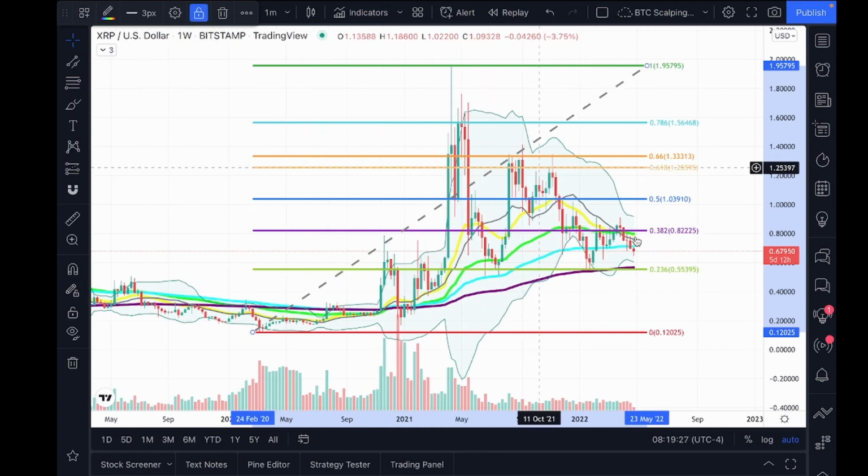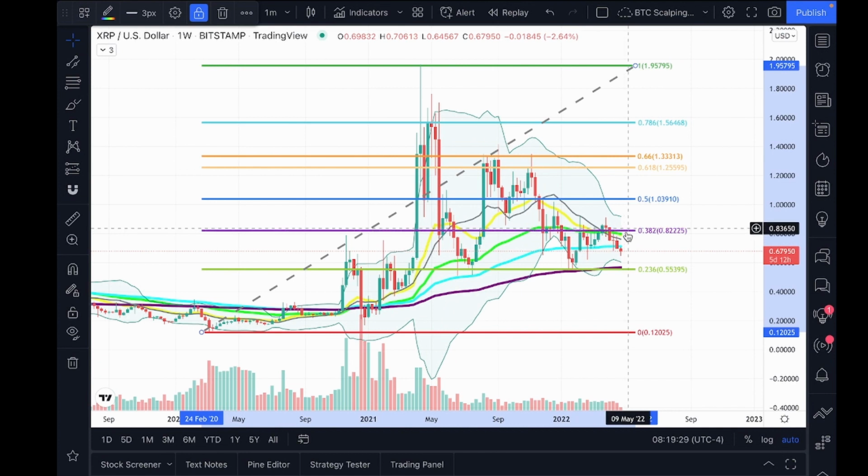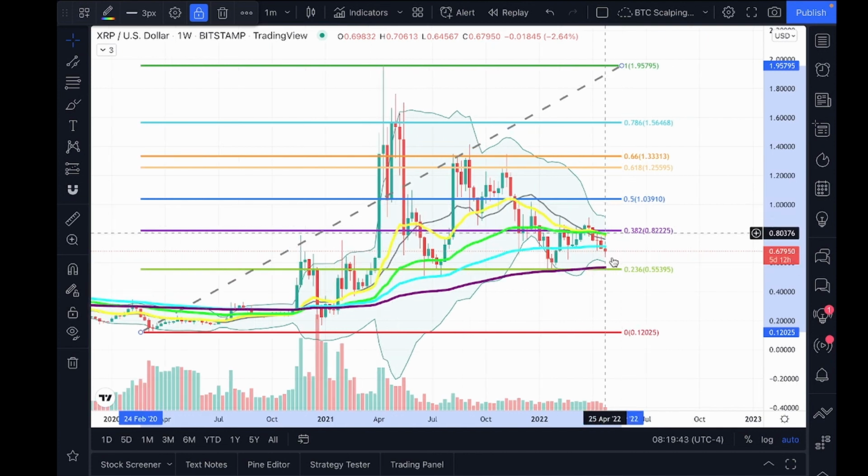On the weekly, you can see that we just rejected off the 382. We're rejecting off the 21, the 55, the 100. And we have this last layer of support at the 236 at 55 cents, and the 200 EMA is also right there. So if this week we can hold above this 236 level, I would assume next week we can start seeing